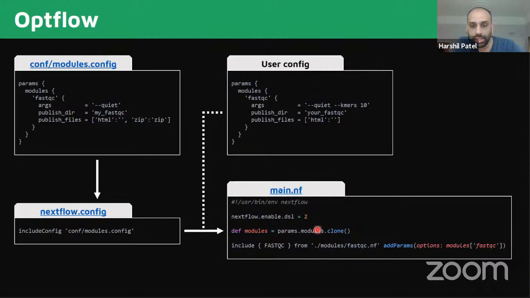And then eventually, this modules instance gets propagated to the main script. And then here, this is the key bit. When you use this add params directive, you're overwriting the options that I showed you on the previous slide with the ones that you've provided here from FastQC. So depending on the combination of what these two configs are, you will then provide these options